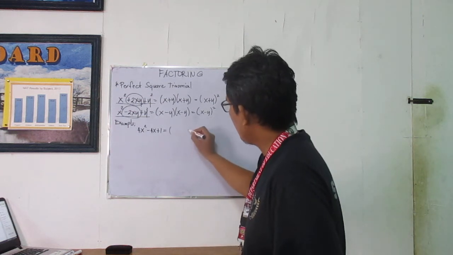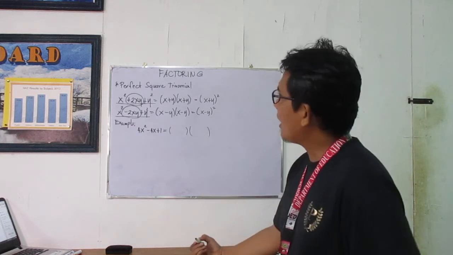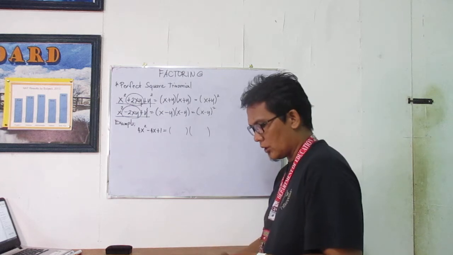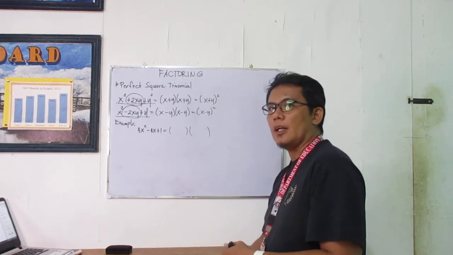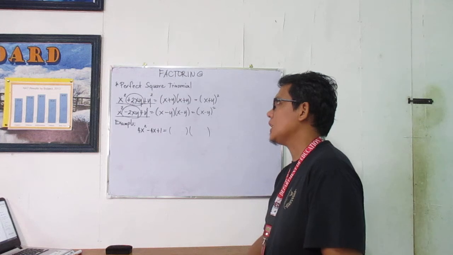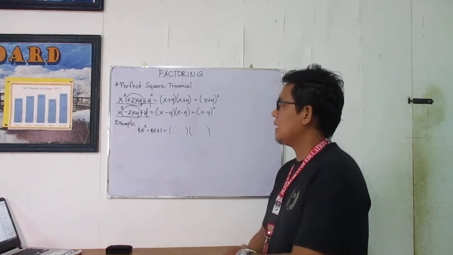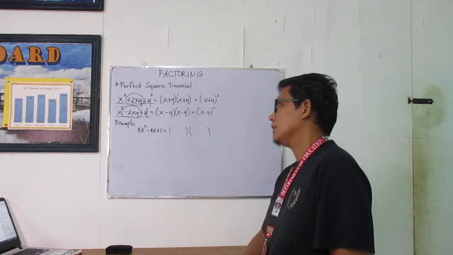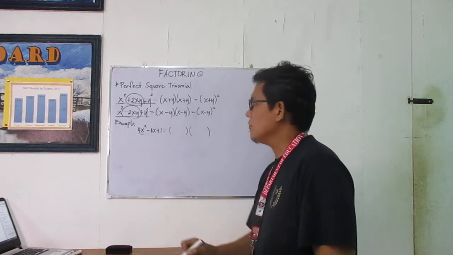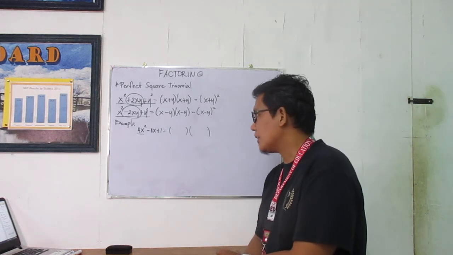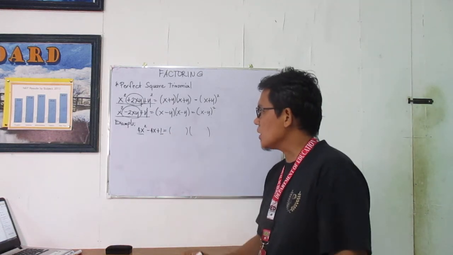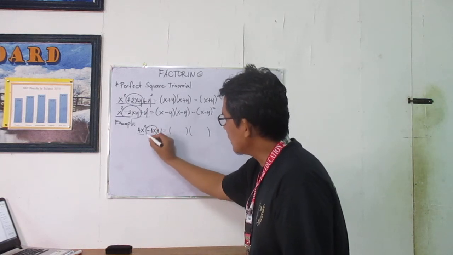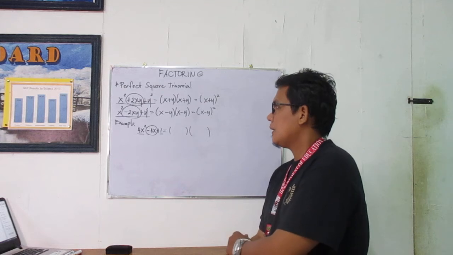If you're going to factor a perfect square trinomial, you will have to identify first if the given expression is a perfect square trinomial. So what are the things that you will have to consider, or that will help tell you that the given trinomial is a perfect square? There are three. The first one is the first term should be a perfect square. The last term also should be a perfect square. And the third one, your middle term should